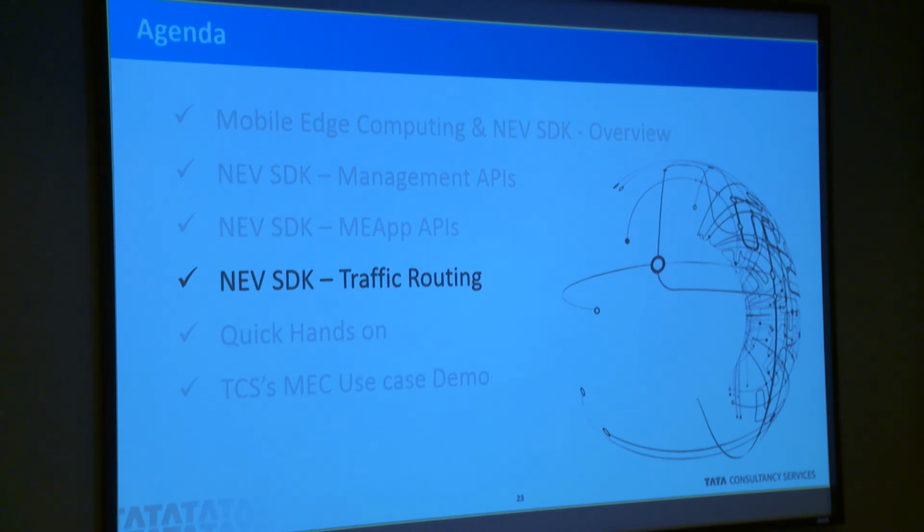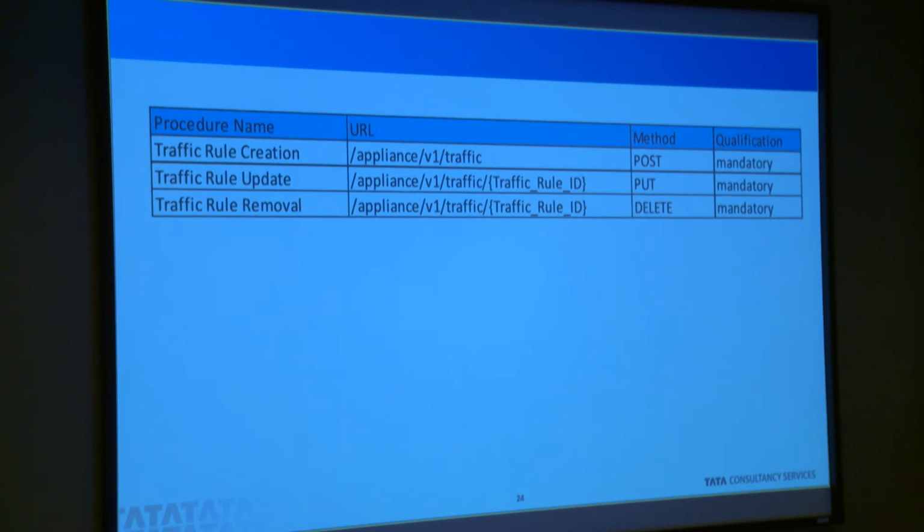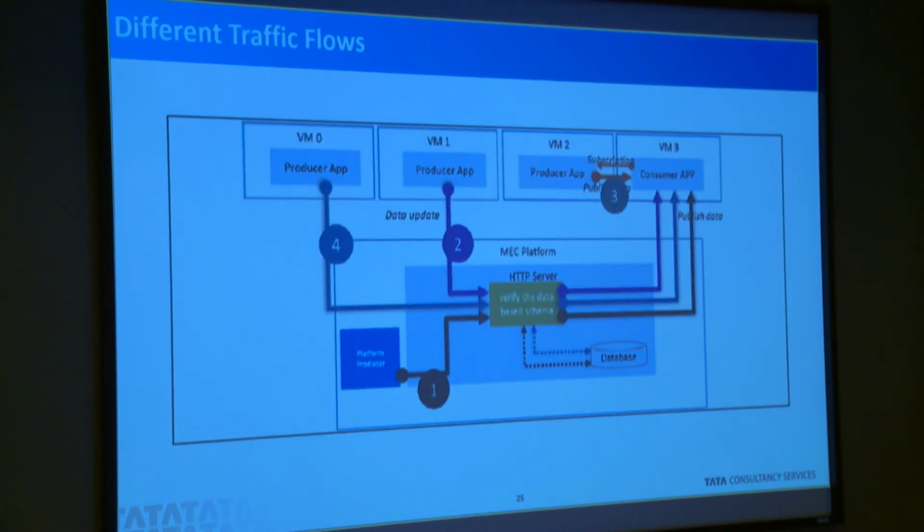Now the three important traffic rule APIs. How do I create a new traffic rule, and how do I create, update or delete a traffic rule? Now, I was talking about the traffic earlier, and what kind of applications we have in here. You can see that we have this producer app and consumer app, and who can produce it. So how the traffic routes from VM1, say VM0 and VM2 and VM3. They all can go via my